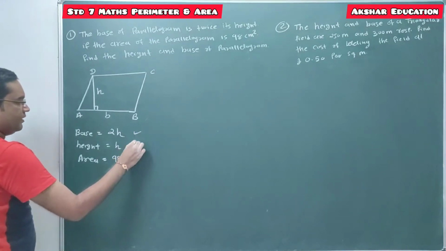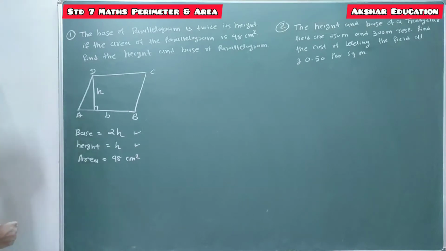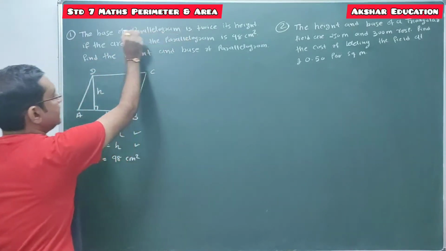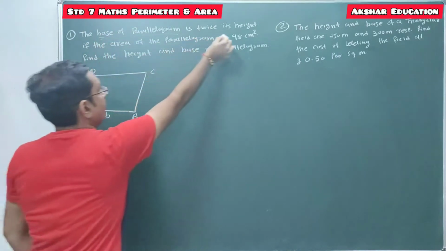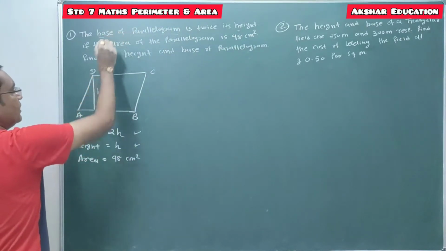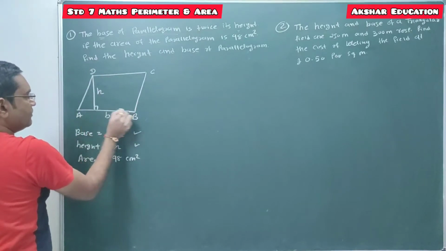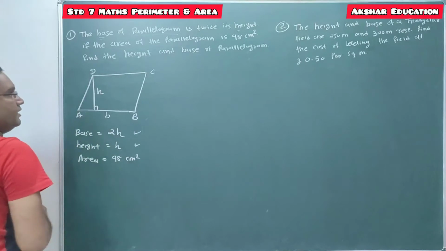So what is the height and what is the value of this base of this parallelogram that you have to find. Clear students? So this is given data. So first you have to write the given data from the question. So the base of parallelogram is given. So you have to draw the diagram of parallelogram, and the relationship between base and height of parallelogram is given. So what is the relationship? The base of parallelogram, this is base on which our parallelogram stands. So this base of this parallelogram is twice of this height. So it's twice of the H.